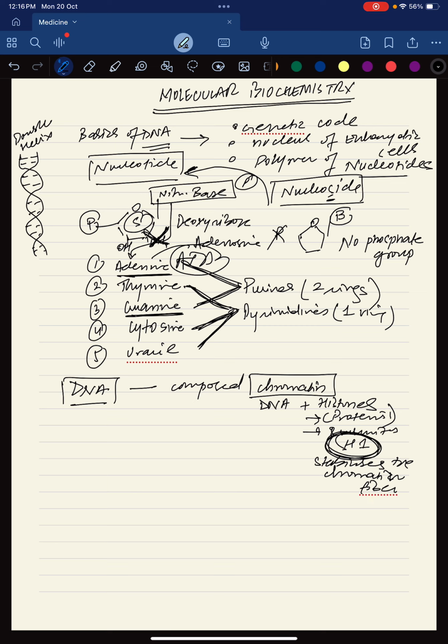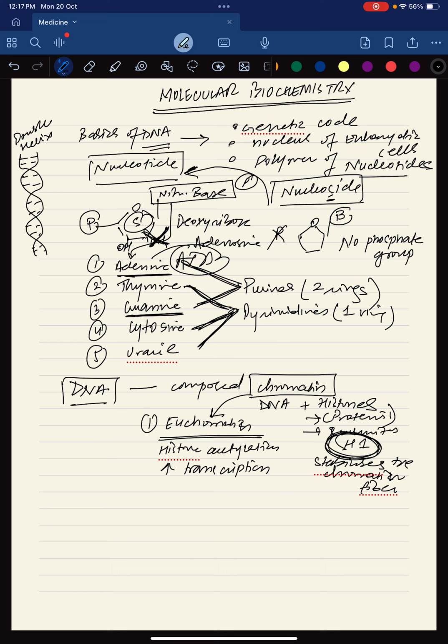So this is the basic structure of chromatin. When it comes to two types of chromatin, we say euchromatin and heterochromatin. What is euchromatin? Euchromatin is more of a loose chromatin that is undergoing histone acetylation,